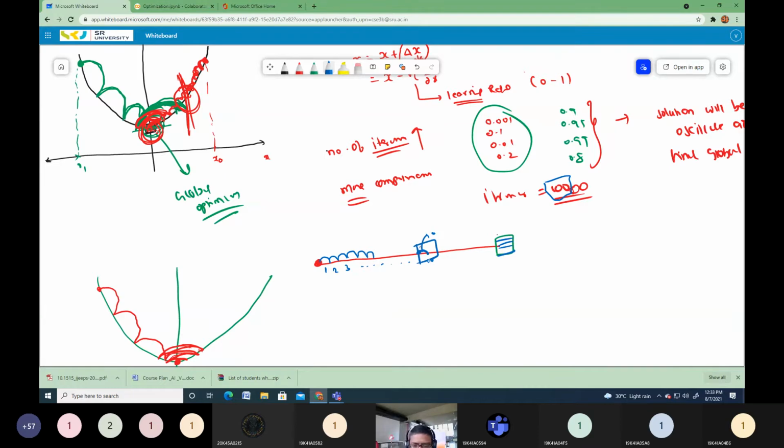When you stopped here, your algorithm shows that yes, this is my optimal solution X, and this is the optimal value of f of X. But it's wrong, because your final global optimum point is located here, but you stopped here because you limited the maximum iterations to 100 only. Then what you have to do? You have to increase the maximum number of iterations. Then definitely you will reach this point. Hope you understand what I want to tell you.